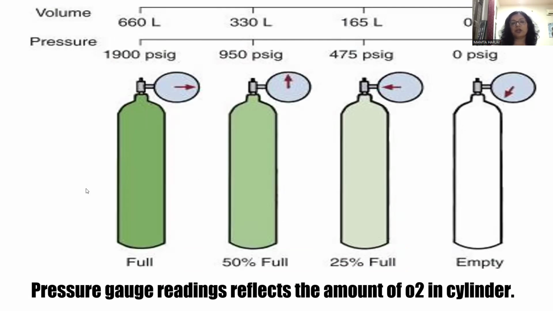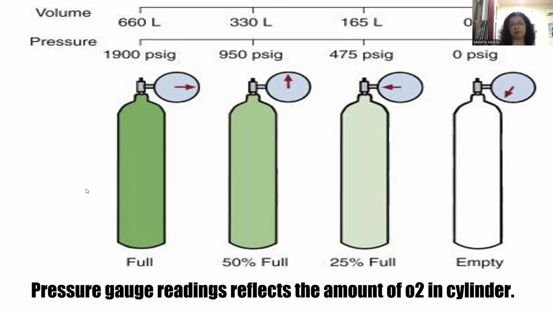Now, cylinder pressure will be indicative of its volume only if its contents are in a gaseous state. So if we look at this oxygen cylinder, we can see that as it goes towards the left, it is becoming empty. And we can see that the pressure gauge and the volume are correlating linearly. So approximately the full cylinder is 660 liters of gas. And at 50% full, when the pressure is half, the volume is also half. So the pressure gauge readings are reflecting the amount in the oxygen cylinder because it is in the